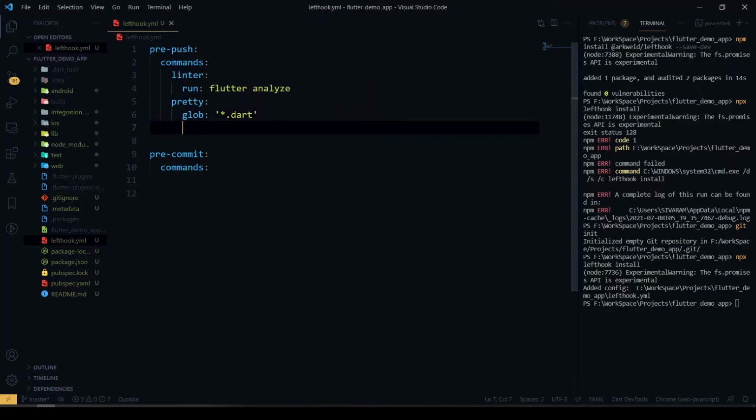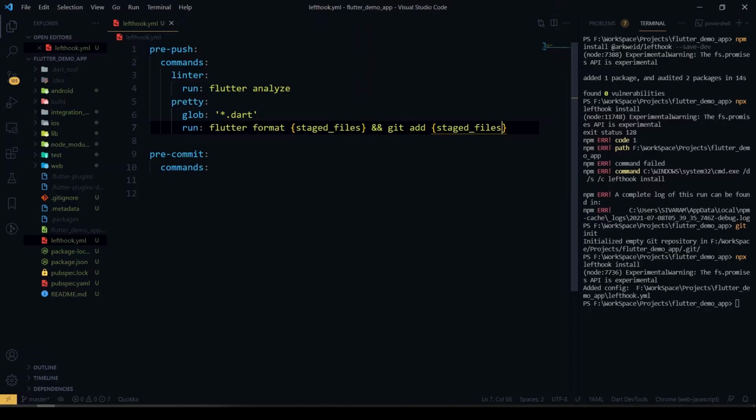After that, I'll run the command here, flutter format. I'll format all the staged files here, and just after that, I'll add all those staged files here.